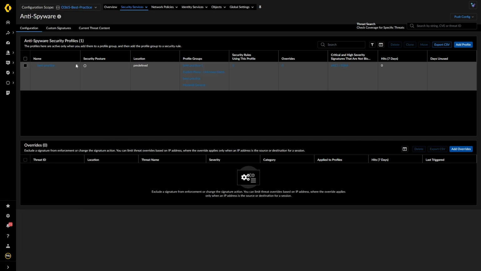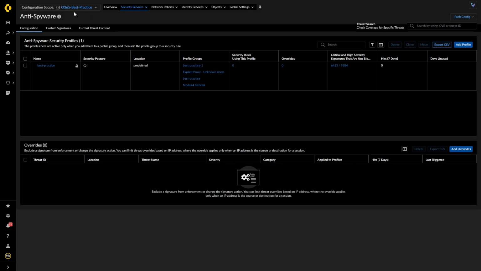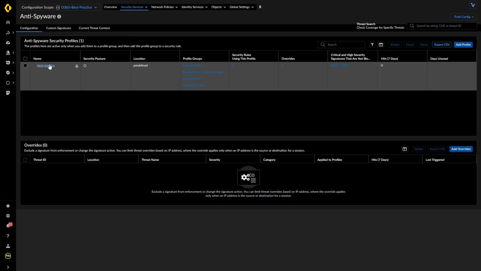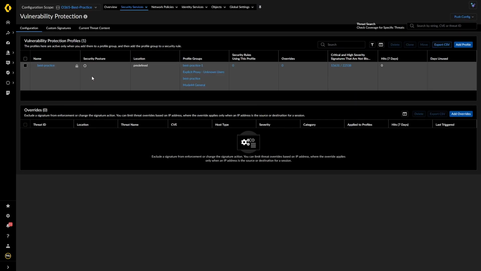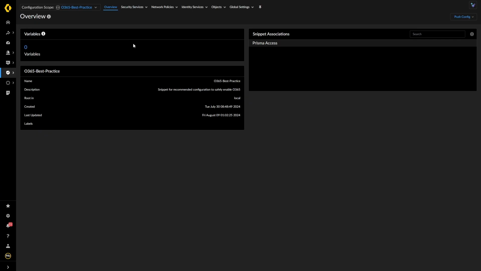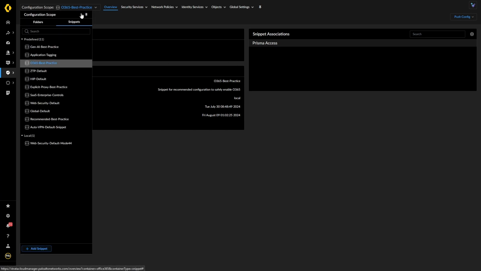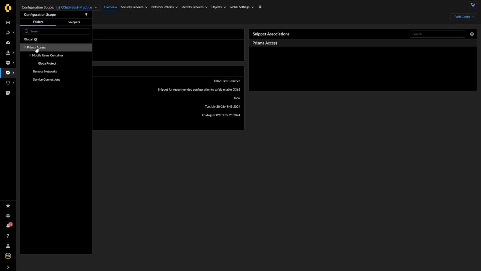So if we look at the O365 best practice, we can see that we've got the configuration for the anti-spyware. We have the best practice rule there. If we drop this down to vulnerability protection, we're still in O365. All this will then be applied to Prisma Access. If we go to overview, I'll show you where I get that from. Our snippet association is Prisma Access. If we come back to here, go to Prisma Access,